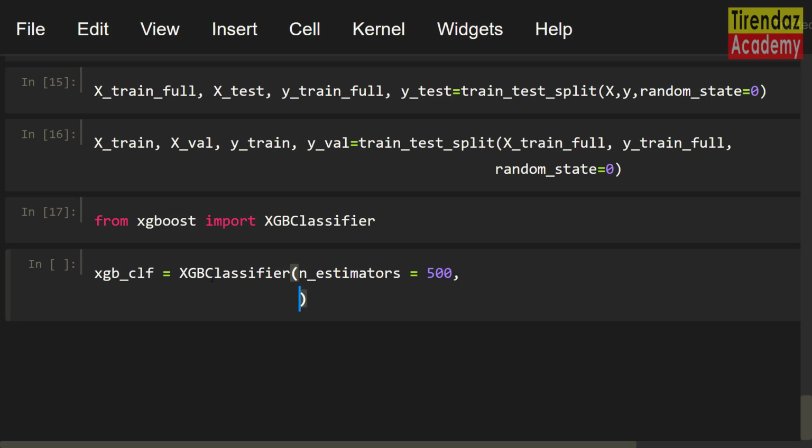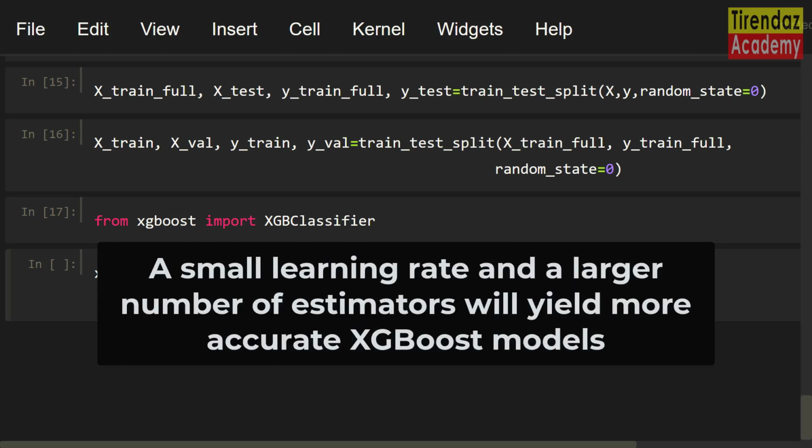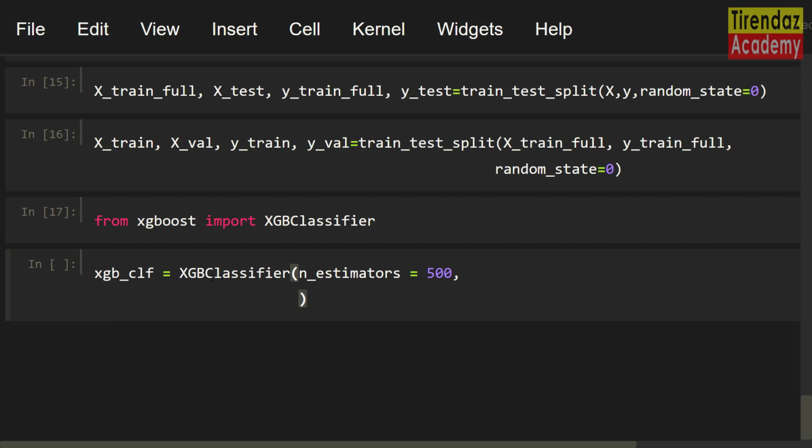You can use learning rate to limit the influence of individual trees. In general, a small learning rate and a larger number of estimators will yield more accurate XGBoost models, but the model takes more time to train. Let's set this parameter to 0.05. Learning rate equals 0.05.